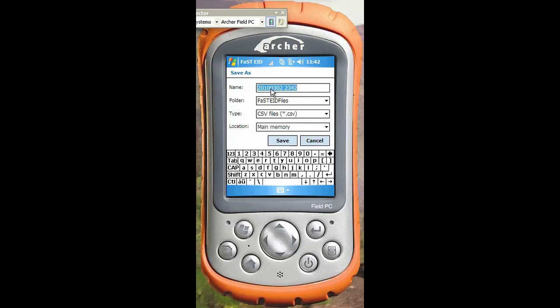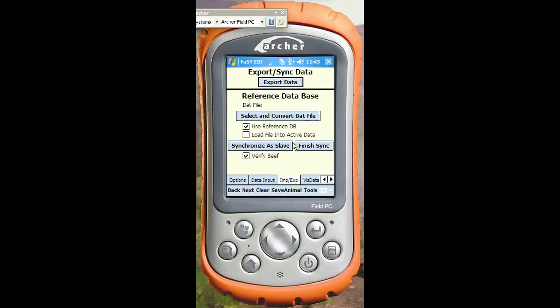Its default naming convention is the standard naming convention for FASTEID, which is year, month, day, minute, second. And we're going to come in here and type in something pretty on it like Tylan, or something descriptive, whatever your choice. It's not necessary, but it helps you define the file and find the file at a later time. Say Save. That file is then saved and put away until next time. Now, some days later, you